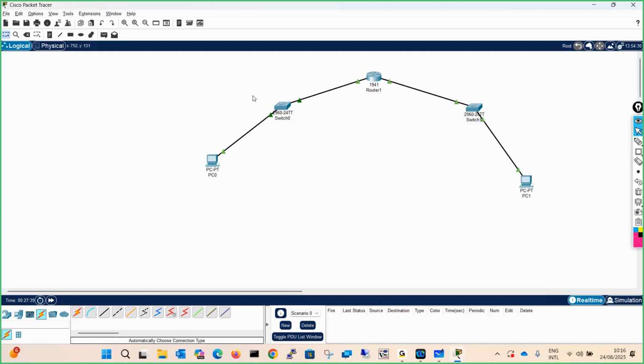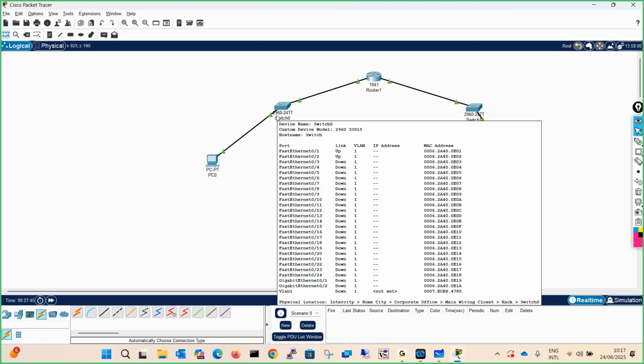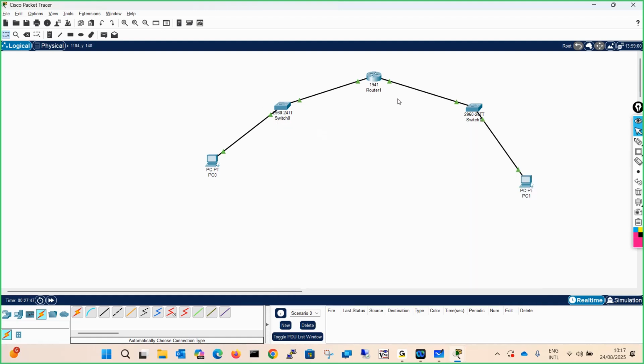Once you have divided the switches into different broadcast domains, by default one broadcast domain will not send a broadcast to another broadcast domain. Is it clear? Any questions? Any doubts till here?